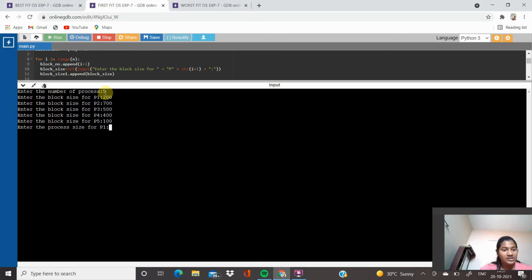Then enter the process size of P1. I am giving as 999. Then enter the process size of P2. I am giving as 567. Then enter the process size of P3, 865.